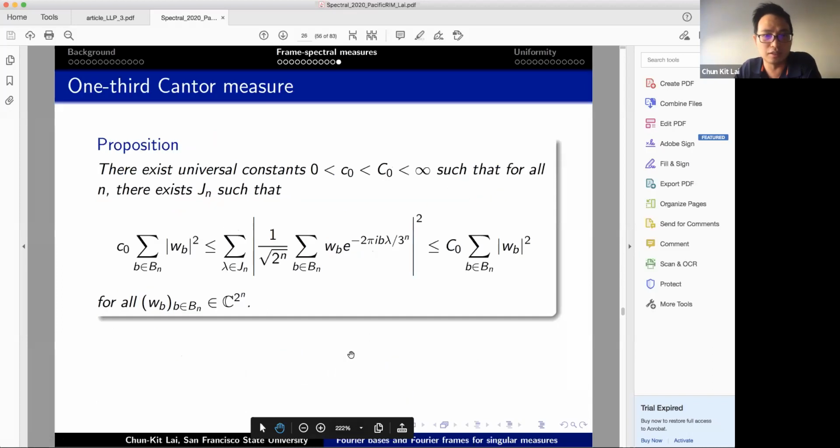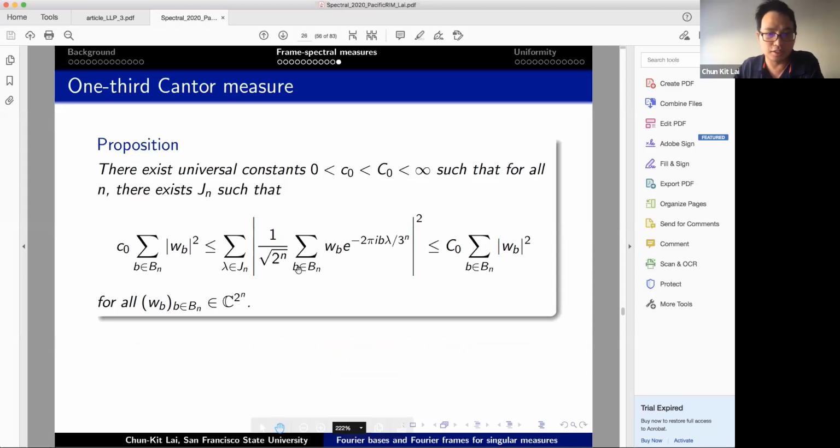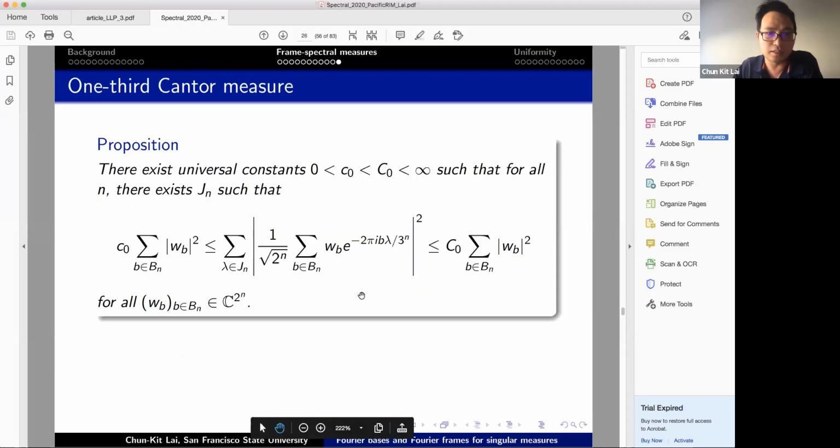To get a little bit of improvement, this proposition due to Nitzan, Olevskii, and Ulanovskii, when they deal with an unbounded set, is that I can iterate this theorem in the case of the Fourier matrix. Then I can find some universal constants, independent of n. For all n, I can always find some Jn so that it forms a frame, with these two universal constants. So these two constants are independent of n. Imagine you can almost take a limit, but